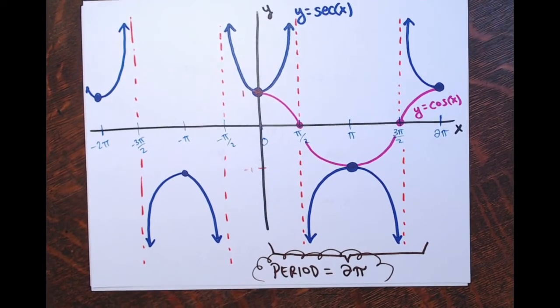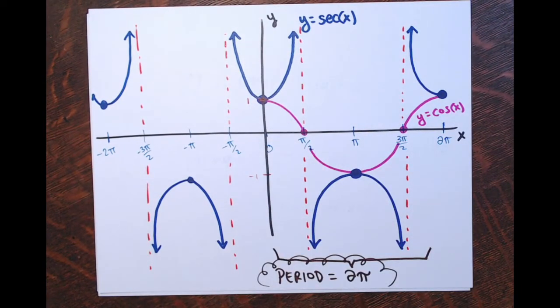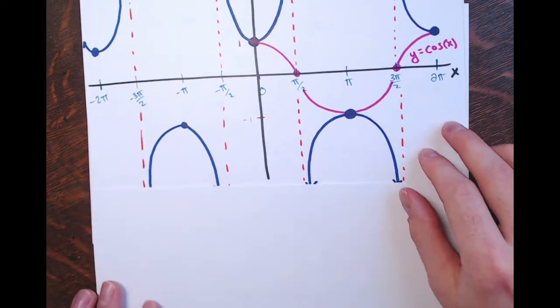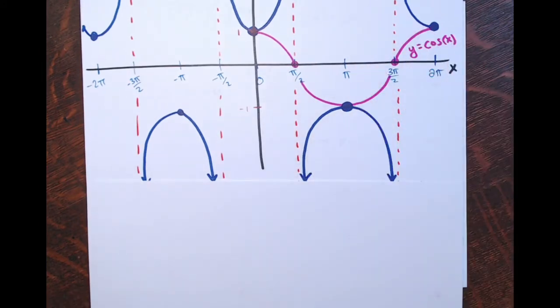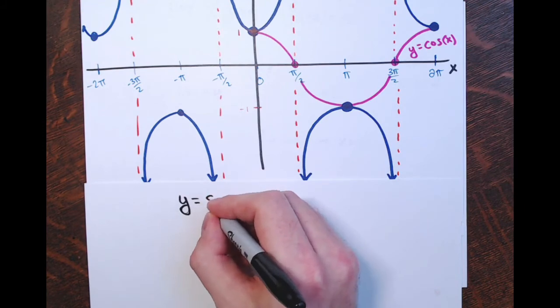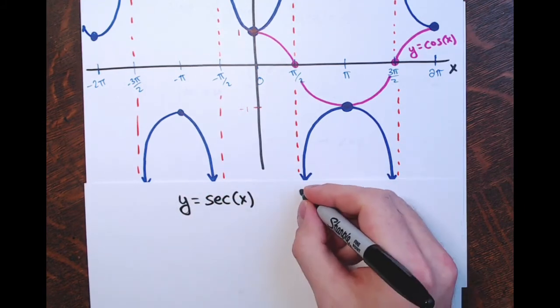All right, so now let's take a look at some different versions of these graphs, right? Some transformations. Oh, sorry, I should write up the properties here, right? The domain and range and all that. So for our secant function, for y equals the secant of x, the reciprocal of cosine, the domain